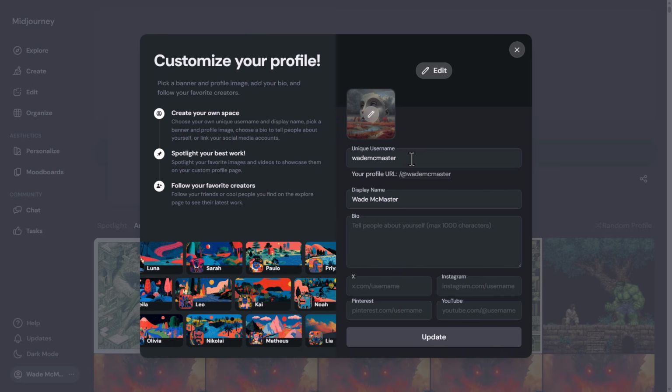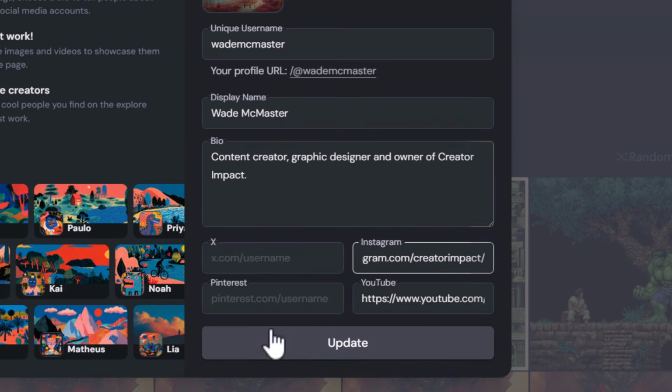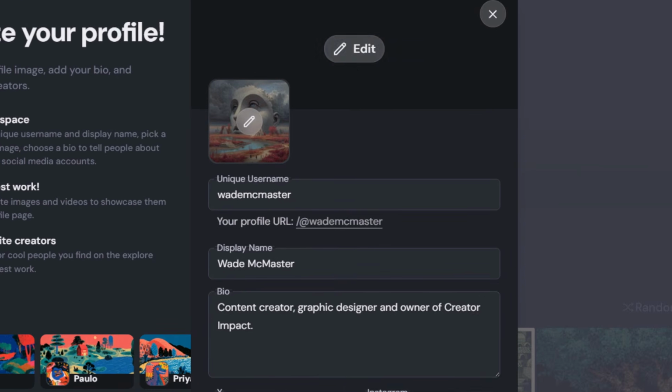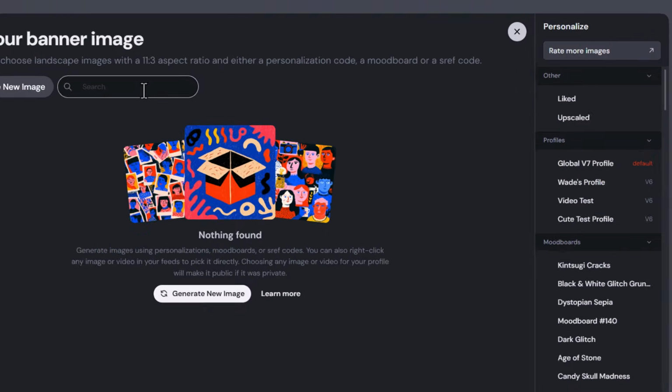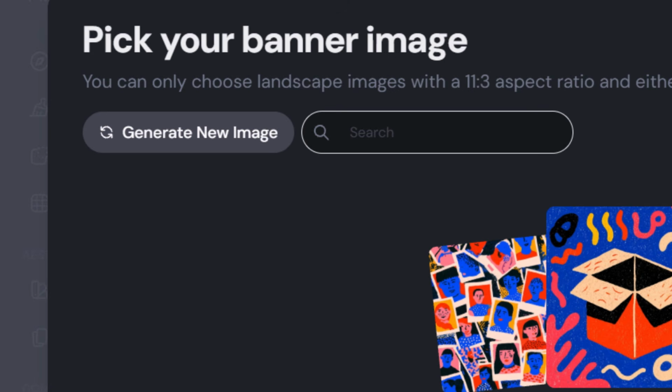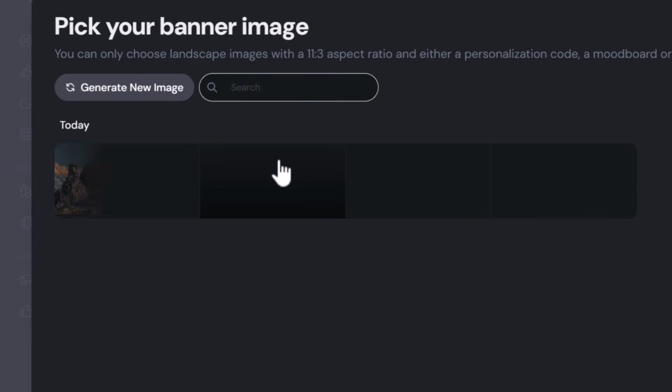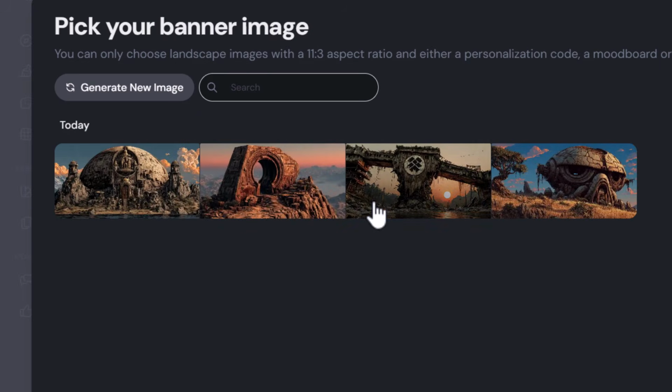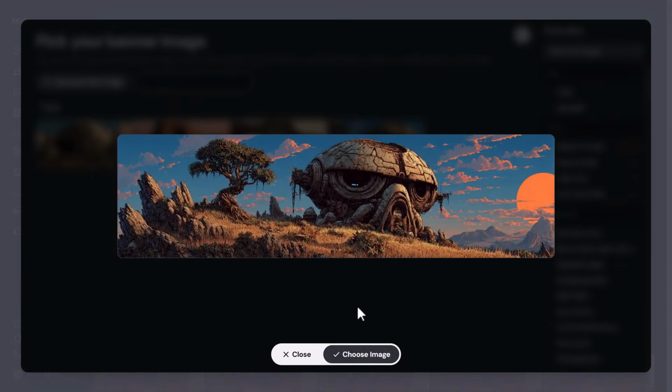And of course, you want to then fill out the fields in here to your profile. So add in the information that I want. It's pretty straightforward. Then I head up to choose a cover image, similar to what you'd have on a Facebook profile. But this time I'm just going to generate something and pick the one I think looks best. Now there's no way to add a prompt. It just sort of comes up with something,